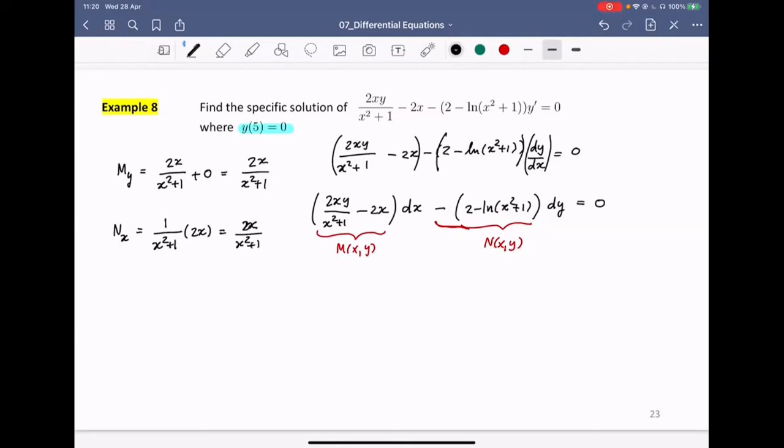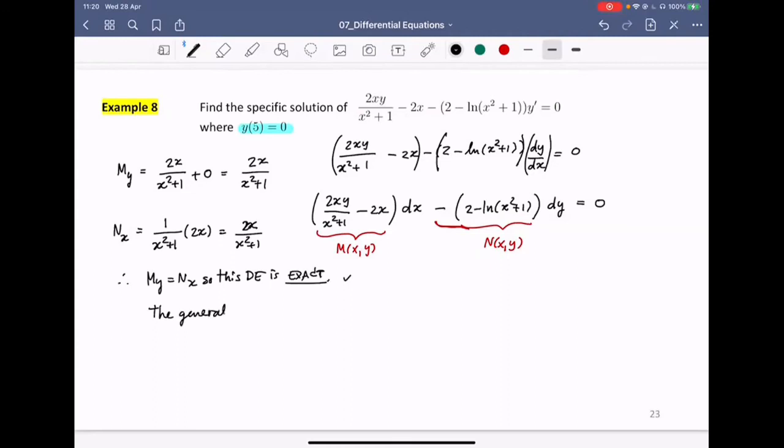Wow, they are the same. So, okay, M y equal to N x. So this differential equation is exact. This is the first step that you should do. The next step is, once you know that the differential equation is exact, you can claim that the general solution